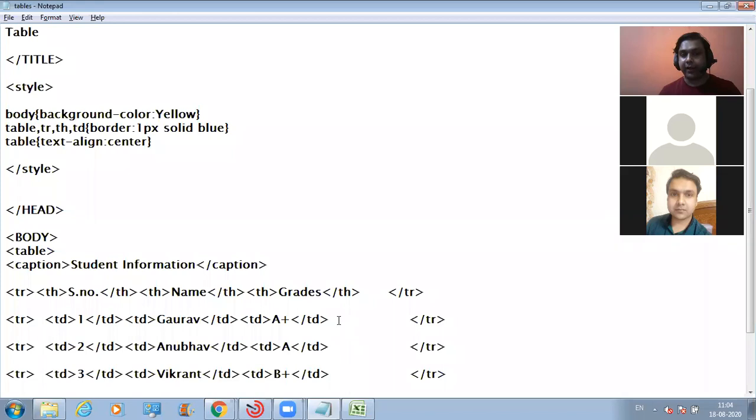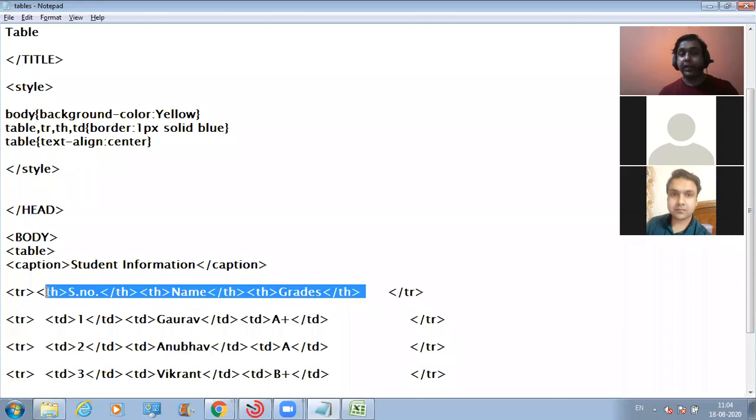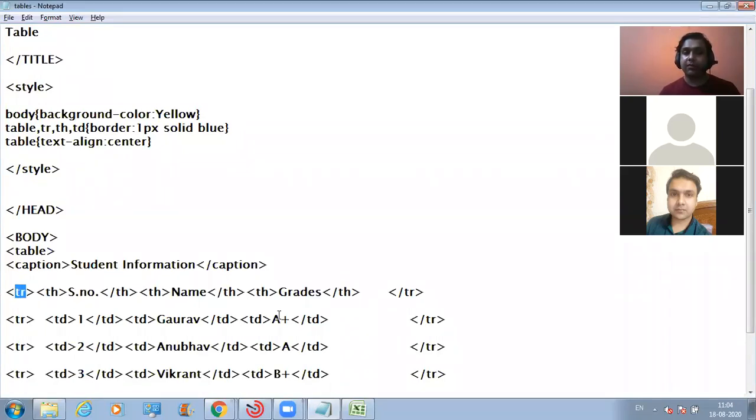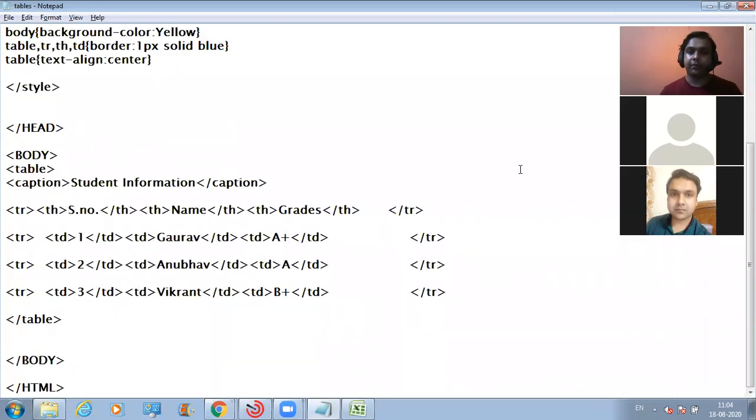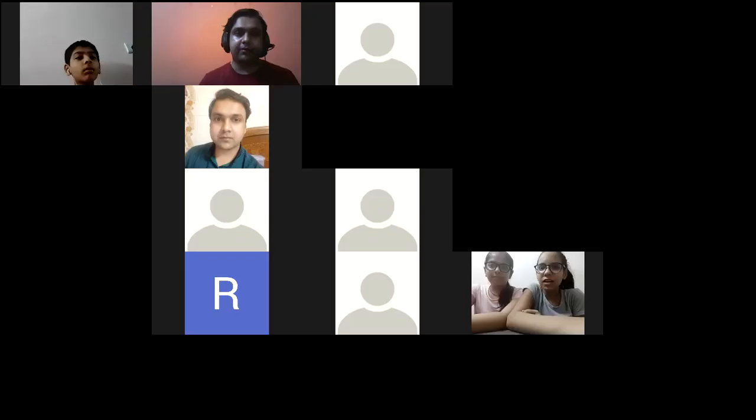Okay, so before defining these table data, and before defining this table header, you need to create a space for them first, in which you can get them reflected. And how are you going to do that? You can make use of these TR tags for creating the rows. Okay, and after that you can define whatever data you want to do. So that's it for